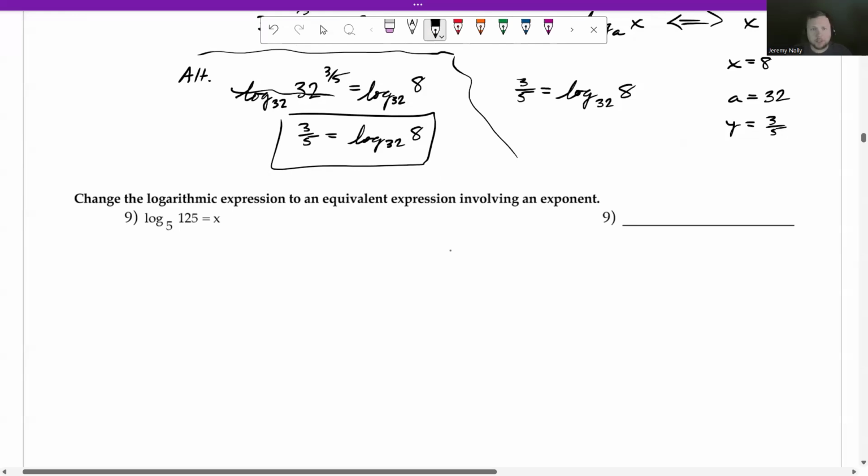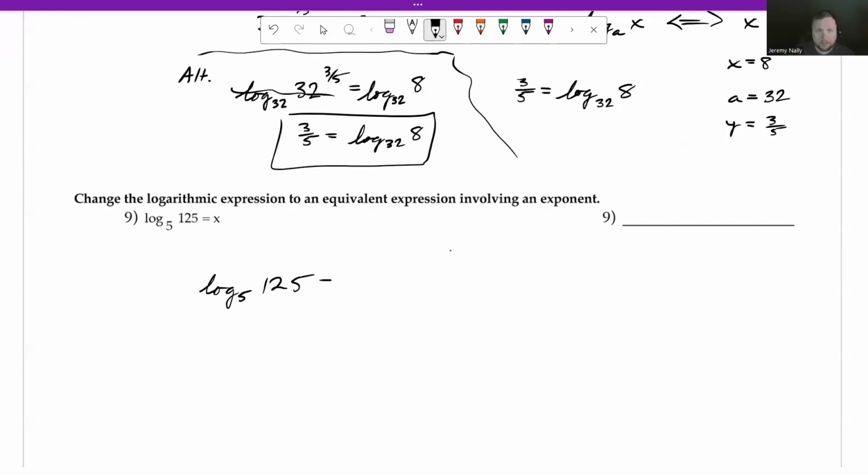Change the logarithmic expression to an equivalent expression involving an exponent. Okay, so now I have log base 5 of 125 is equal to x. And again, we have y is log base a of x. Let's see, we write this as x equals a to the y. Now, if we go through and just compare things,